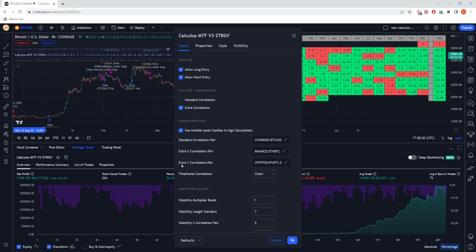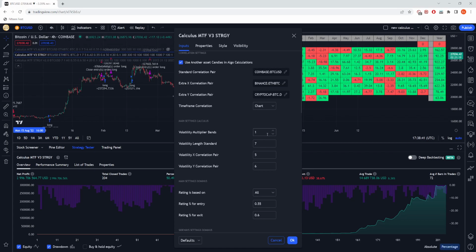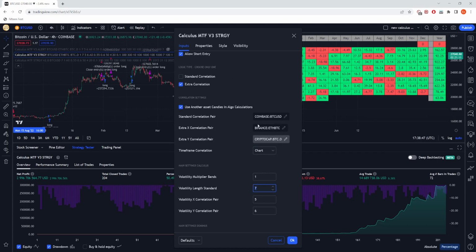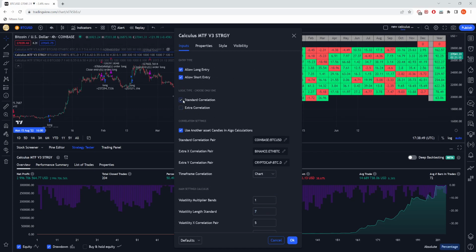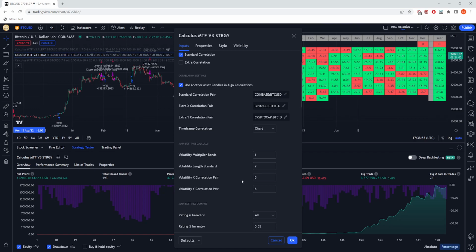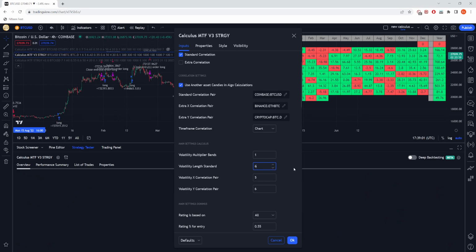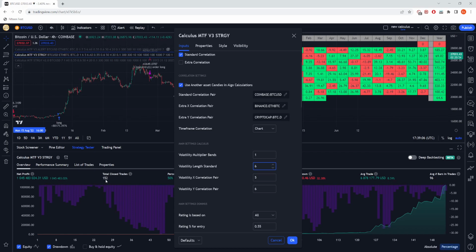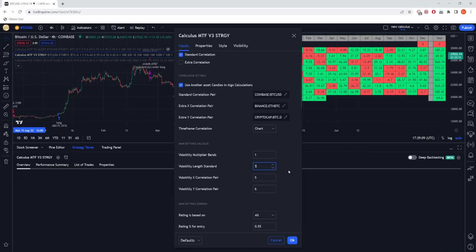while the second ones are going to use, in this case, I would say slower calculation points. Like for example, in this case the numbers are in reverse. So for example, if I use a length of 7, let me show you actually with the standard correlation. If we are using the length of 7, you can see that we would have 193 trades. If I would use the length of 6 for the volatility calculation, I would have 152 trades. And if I use, for example, the length of 5,